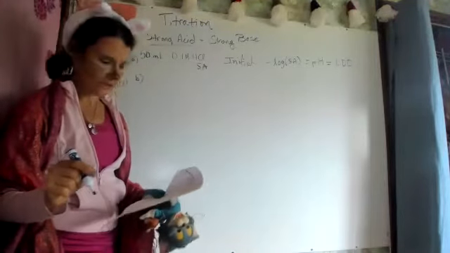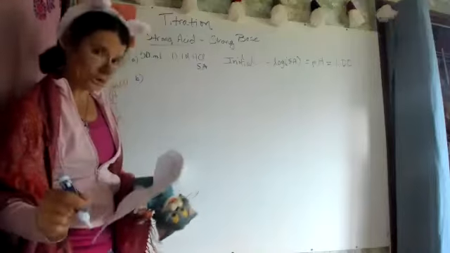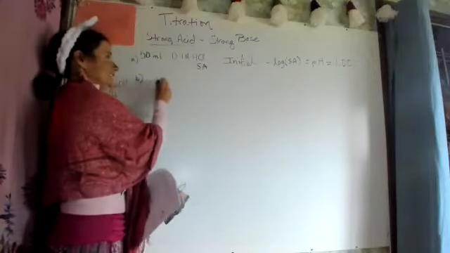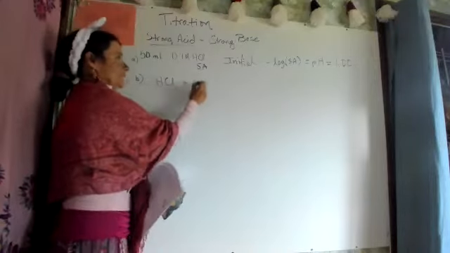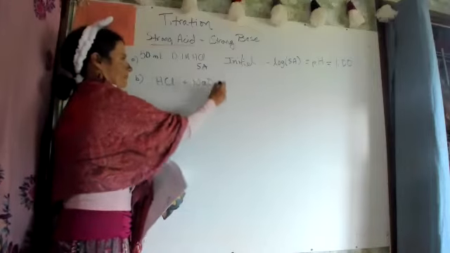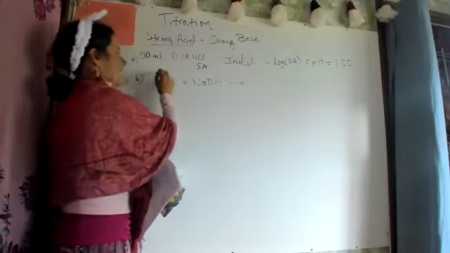Step B, we have to write an equation because we suddenly are adding a strong. So we have our, in this case, HCl plus NaOH. And the hydrogen,